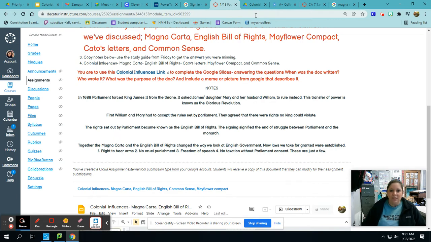They had to sign this. The rights set out by Parliament are things that we have today that we fully take advantage of, like the right to bear arms, cruel and unusual punishment. They can't do that. Freedom of speech, no taxation without Parliament's consent, meaning the government can't tax us unless we